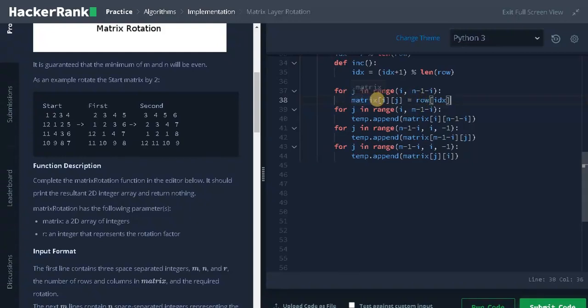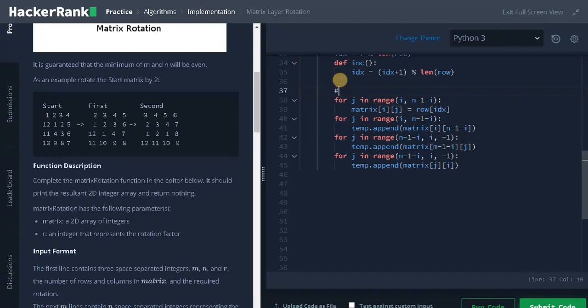So for that element, it will assign a new element. So that will be assign new rotated elements. So the first loop will assign the elements for the first row and for the next.